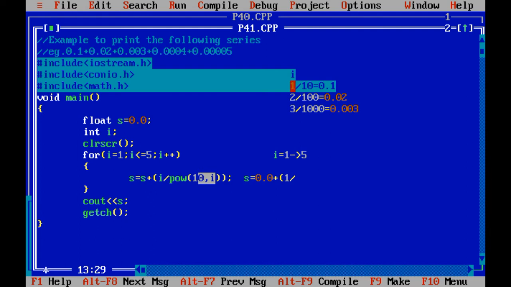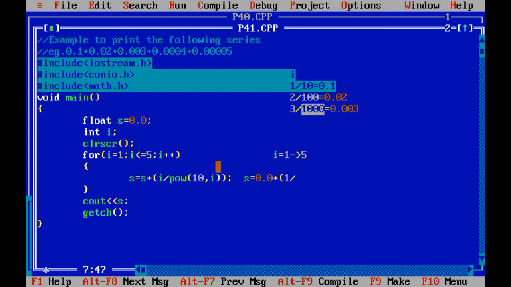Because when i is 1, at that time I want 1 zero over here. When the value of i is 2, at that time I require 2 zeros in that. Suppose the value of i is 3, at that time I require 3 zeros in that.